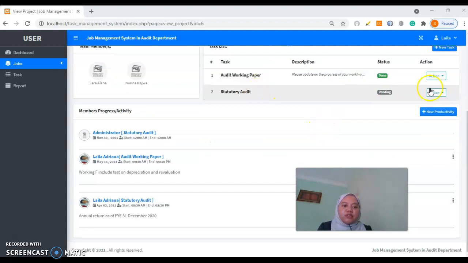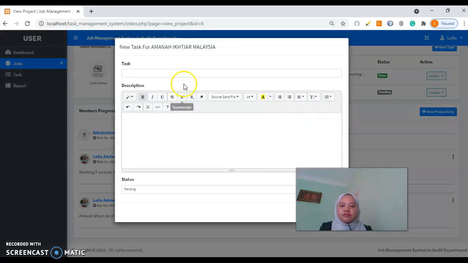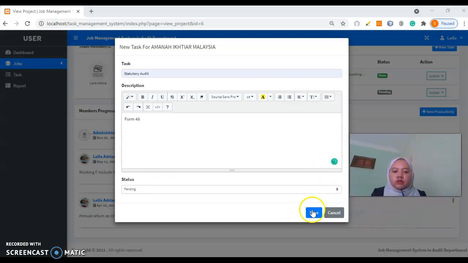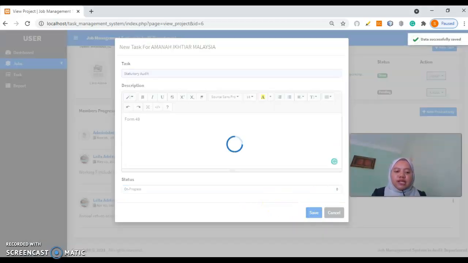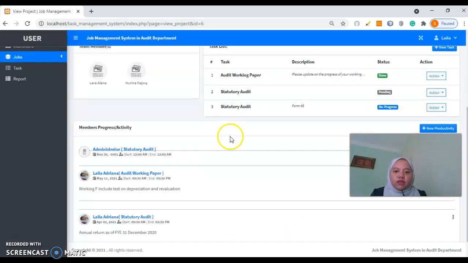For example, let's try to add a new task. Status and progress: to collect the form from the company secretary, and then delete it. Okay, that's it for that.